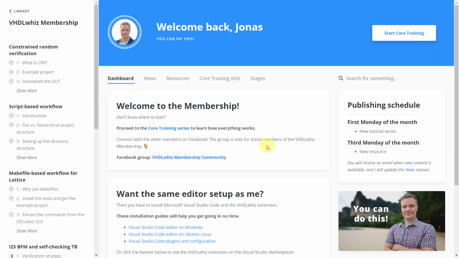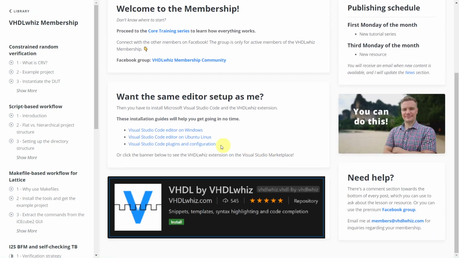When you log into the membership portal, you are going to be on the dashboard. Here you can find information like the publishing schedule or the link to the premium Facebook group, only for active members. There's also information about how you can get the same editor setup as I'm using. I'm using the free Microsoft Visual Studio Code editor. You can use any editor you want, but if you want to use VS Code, I have a vhjelvis extension